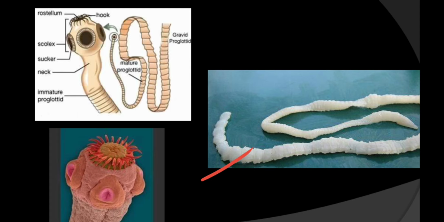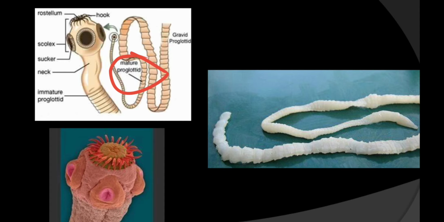Okay, now observe the proglottid. Near the neck you will find immature proglottids. There are three types of proglottid. Near the neck they are immature. Then at the posterior end you will find gravid proglottids, which contain a capsule. The capsule contains an egg and another cell, the vitelline gland. So in the proglottid you will find an egg as well as a yolk cell. Don't worry about the yolk cell, I will tell you about it.